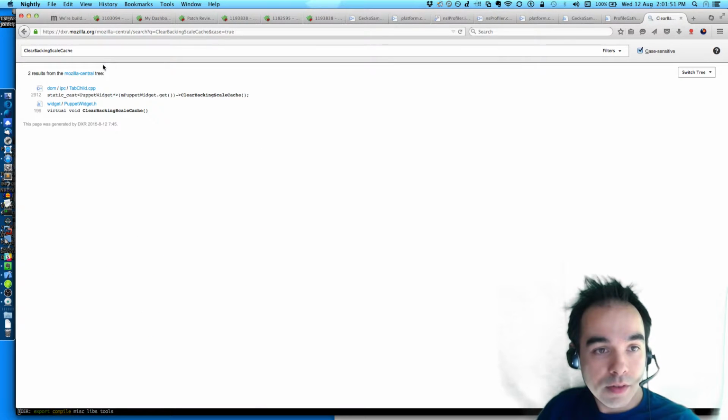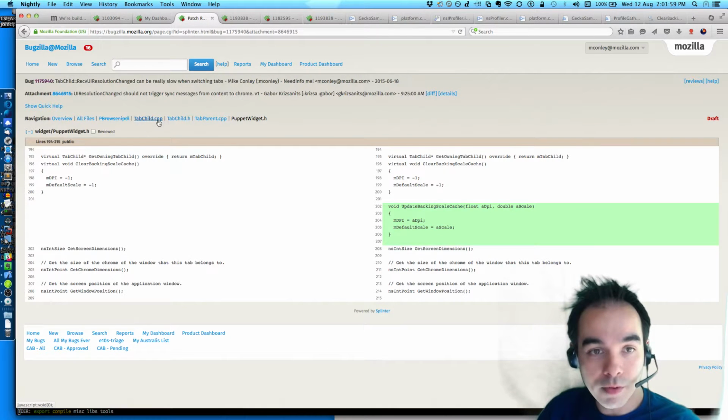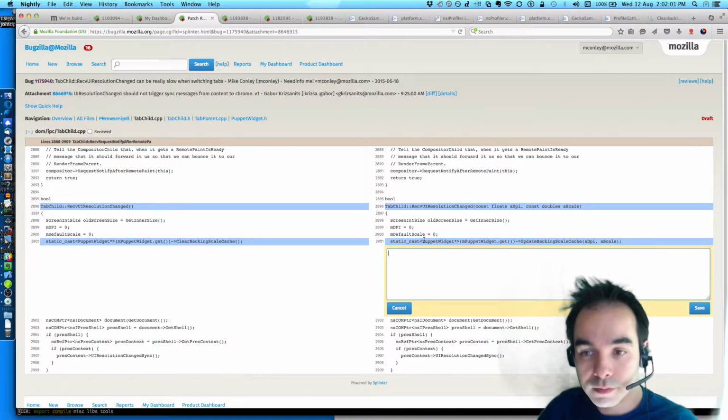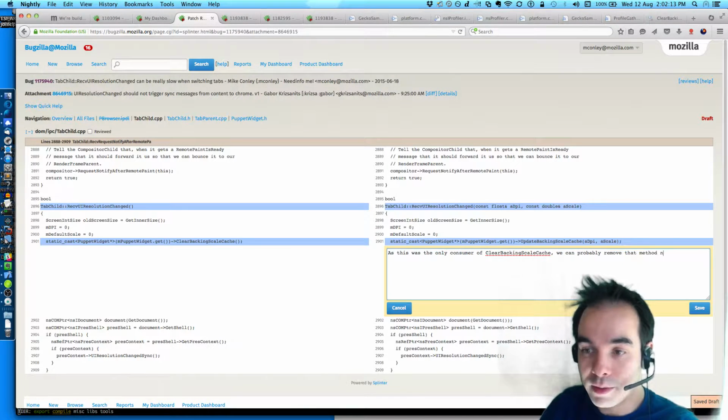Show all results. So I think that's the only consumer of backing scale cache, so we can probably remove it. As this was the only consumer of clear backing scale cache, we can probably remove that method now.